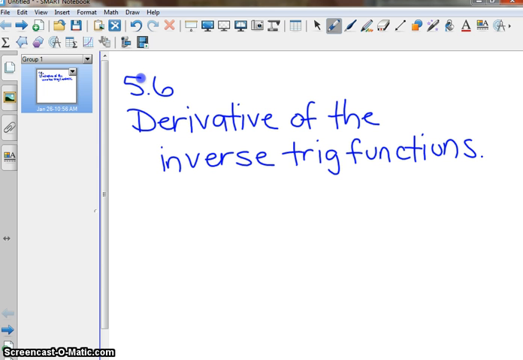Okay, so let's remember what we've learned about inverse functions. Before a function can have an inverse, it must be always increasing or always decreasing. If you think about the trig functions, they are not always increasing or always decreasing. So the graph of sine x